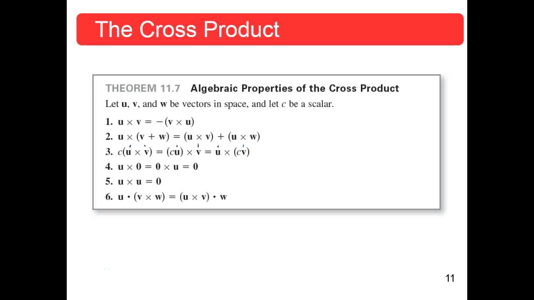All right, now we have one more, and this is how you deal with a dot and a cross product. Now, the order of these certainly matters. That would be U dotted with the cross product of V cross W. Number 1, V cross W is going to be a vector, of course, it's a cross product. So V cross W is a vector, and U dotted with V cross W is going to give you a